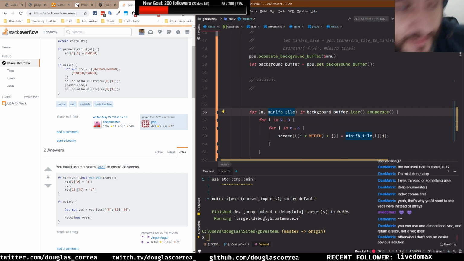So 8 by 8 is our first tile. That's good. Then we need to shift 8 pixels to start the second tile. The second, and also